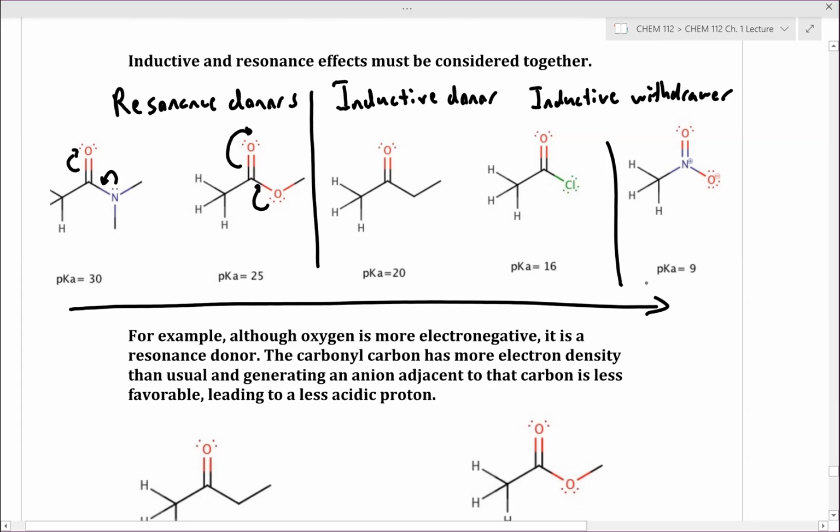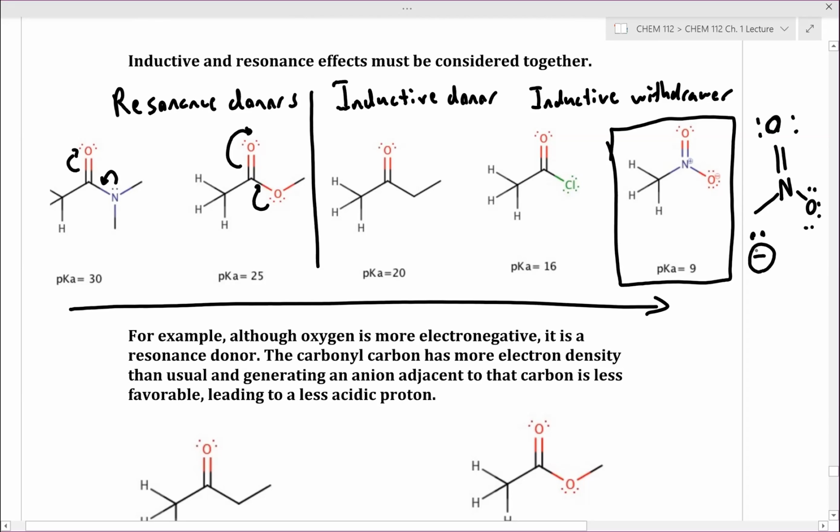Now, what's so special about the nitro group? Why is nitromethane super acidic? Is it just inductive withdrawal? No. What is it also able to do? It's a resonance withdrawer. To help everyone see that, let's draw a picture of this nitro group, and let's look at the anion generated. So now that we have this anion from our nitro group,